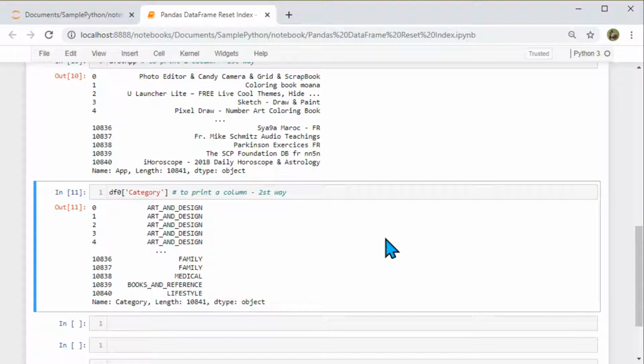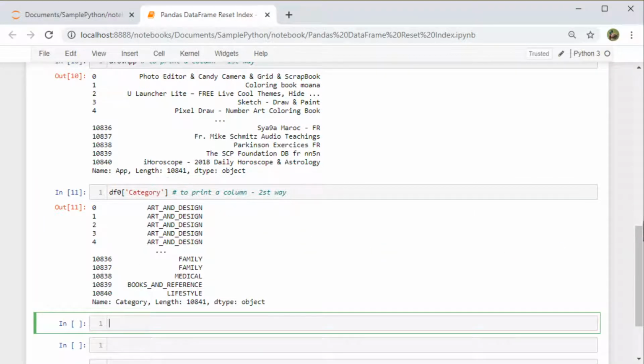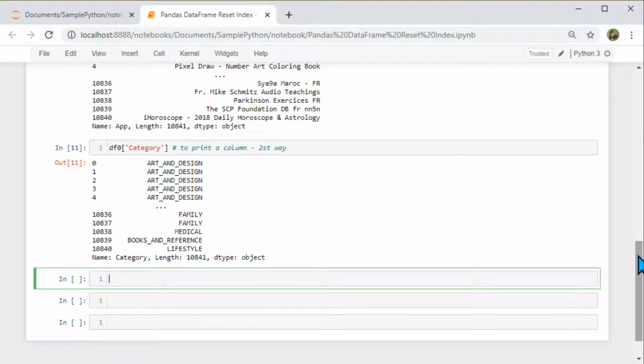Okay, now let's say I want to display multiple columns, then how do I handle this? Here I am passing in a single name, and then it's very clear that I am referring to one particular column.